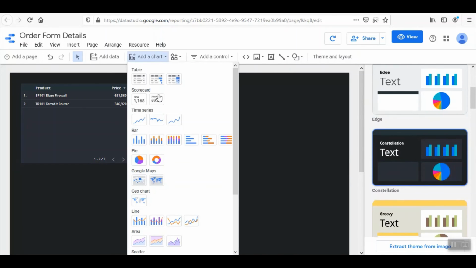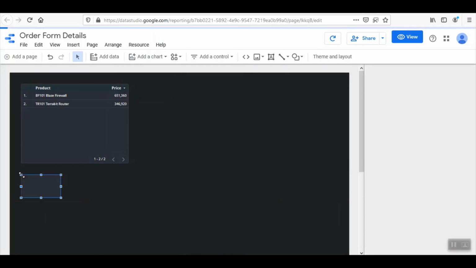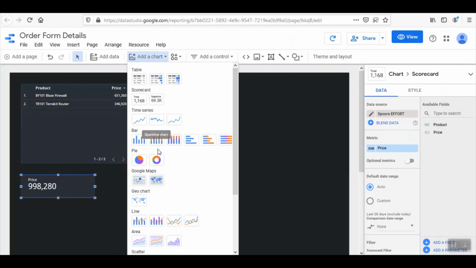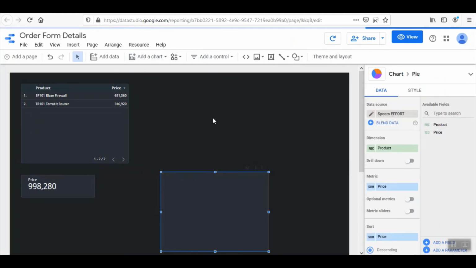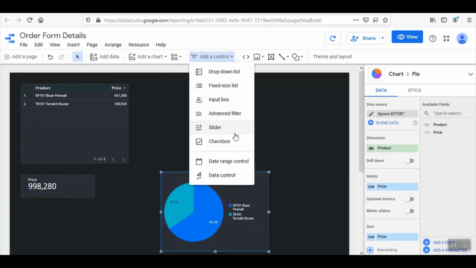You can add charts. You can add more charts as you want. You can add controls also.